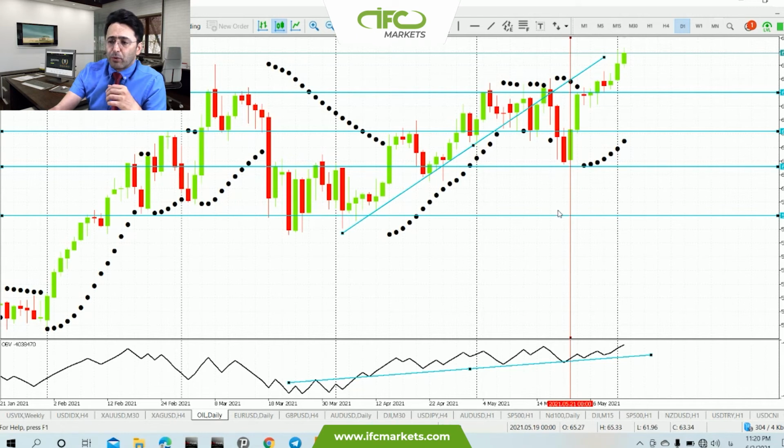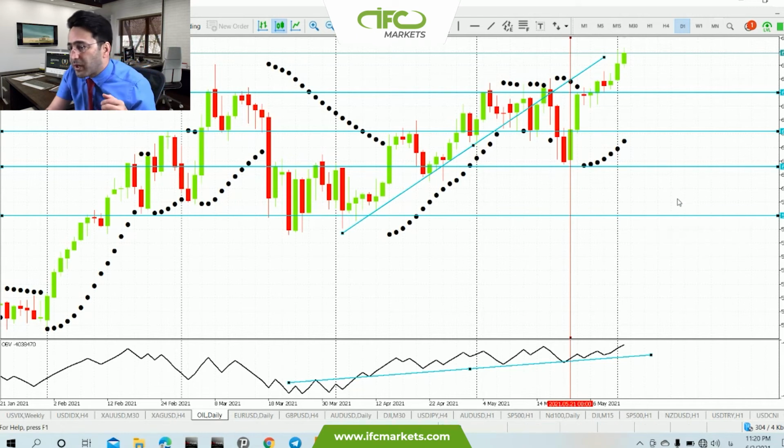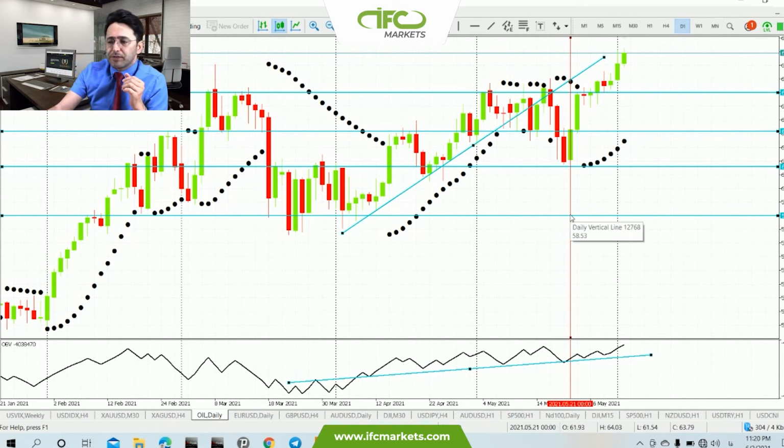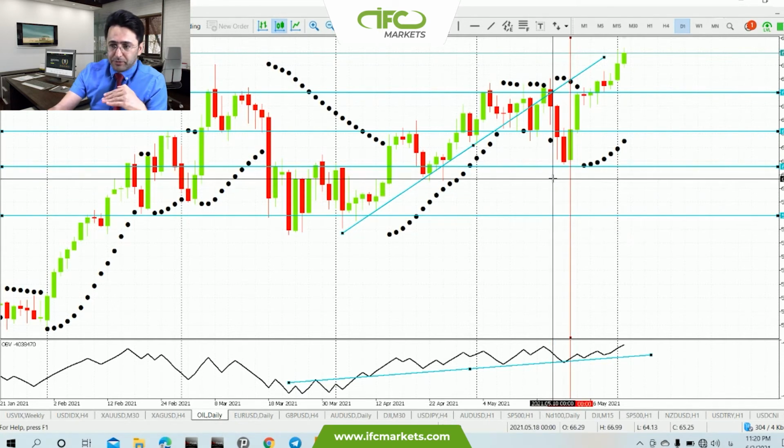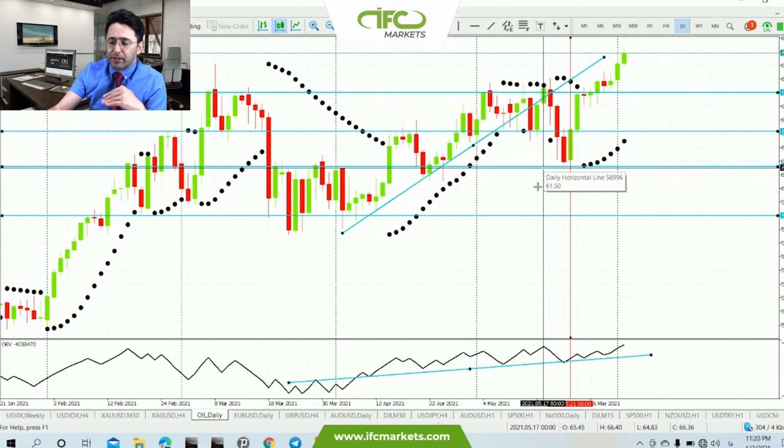And next support, I mean, if you buy at 61.50, 58.45 could be your stop loss. So here you can buy. It's the buy place, and here is your stop loss, one support level lower than this. Don't go like